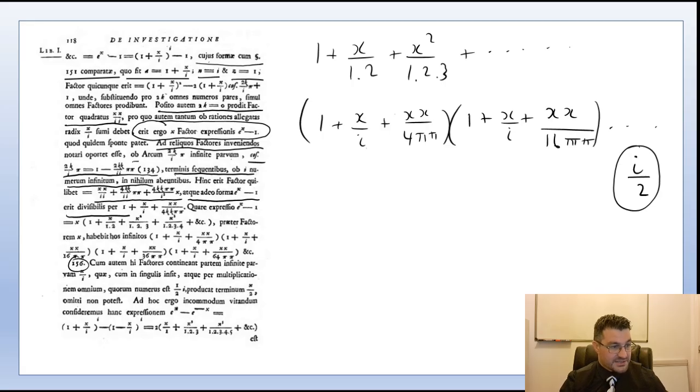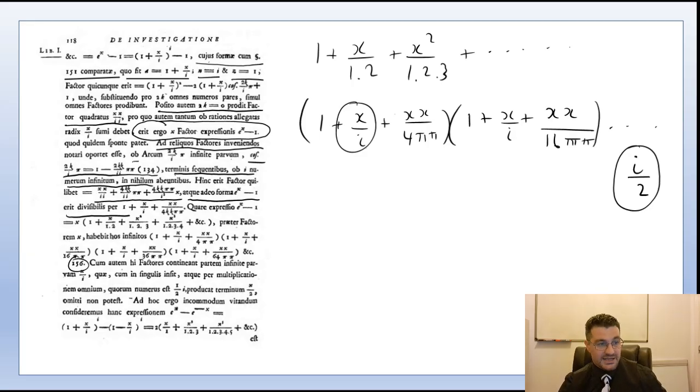So he's saying, since these factors each contain an infinitely small part, x over I, which appears in each individual factor, then when all of them are multiplied out, "atque per multiplicationem omnium, quorum numerus est half I," the number of which is a half I,